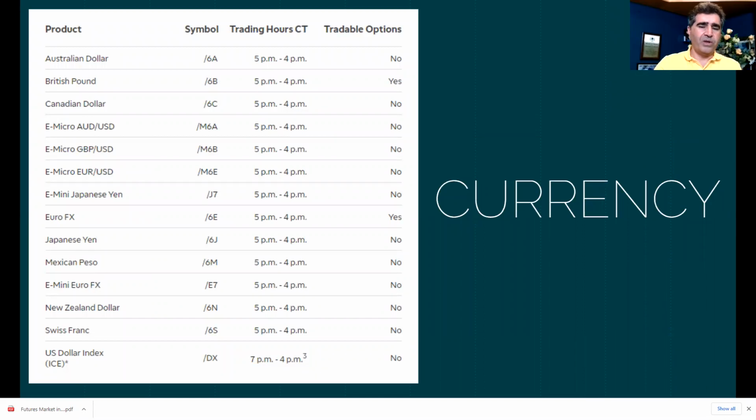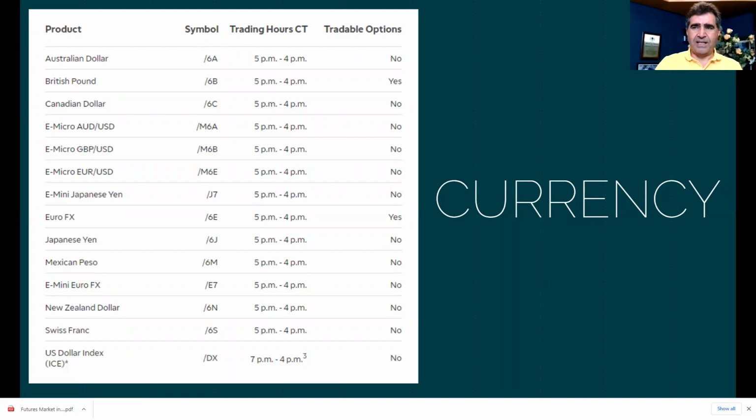Basically all the currencies. That's one thing about the Forex and the futures. With the futures, you are actually doing the future on that specific currency. You don't have cross currencies, for instance. But what happens is you actually see the volume. You can do options on them. So in this situation, you see British pound, you can trade options. With Forex, there's no options available. Or for instance, in Europe, you can do options. So those are some of the attractiveness about the futures market.